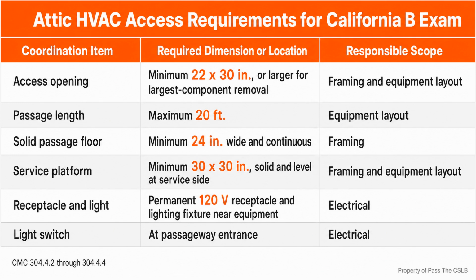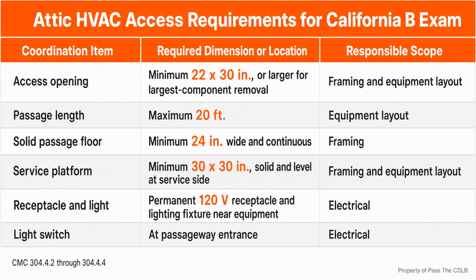I check the access opening, the maximum passage length of 20 feet, the solid floor at least 24 inches wide, the platform measuring 30 inches by 30 inches, the light near the equipment, the 120-volt receptacle, and the light switch at the passage entrance. This is where a general building contractor sees the whole job rather than a stack of